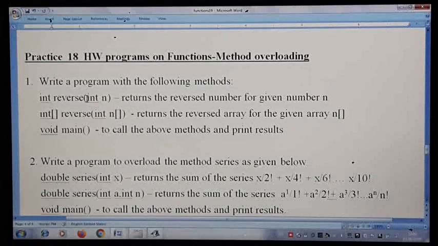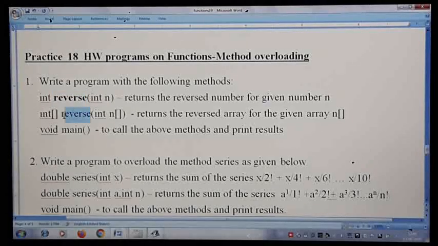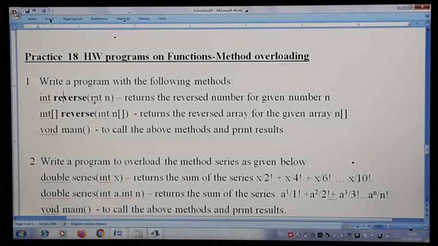These questions are quite interesting. You can see that the first one is where we are writing an overloaded method reverse. Here also reverse. The second one also reverse. But the first one is very easy. Before also we have written a program. You are going to receive one number, and whatever number you receive will be reversed. Suppose I give the input as 123, you are going to return the value as 321, the reversed one. That is what you are writing for the first question.